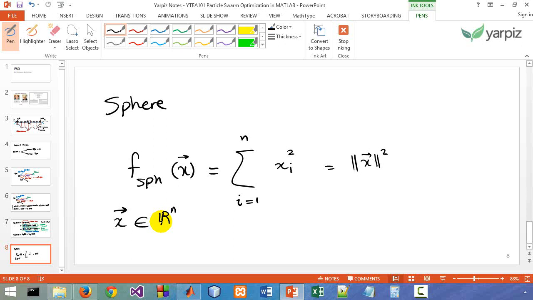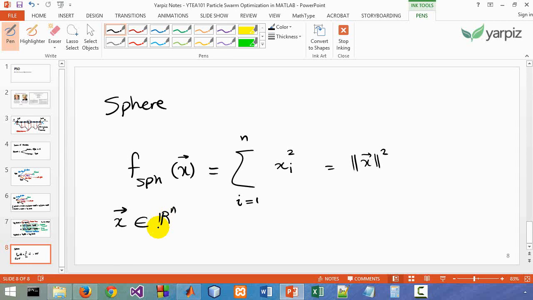We would like to implement PSO to solve this problem. However, this is for educational purposes, and we intentionally choose this simple problem to make the implementation of the cost function as simple as possible and focus on the implementation of PSO itself. Okay, let's go to MATLAB and implement the cost function and then implement the PSO step by step using the MATLAB